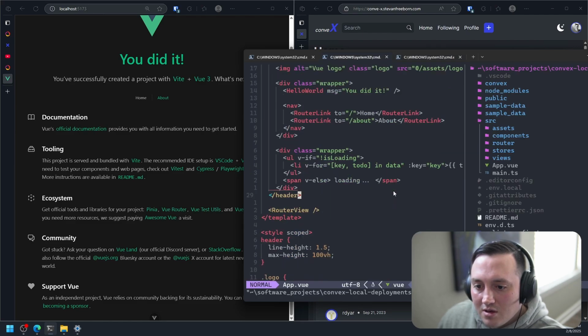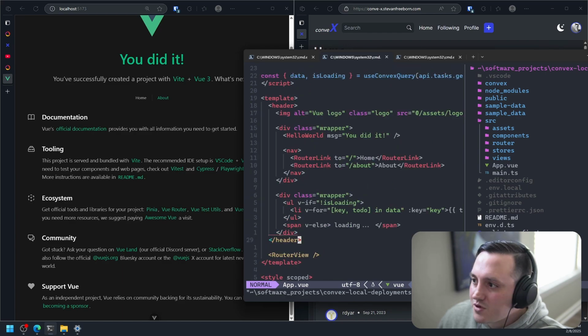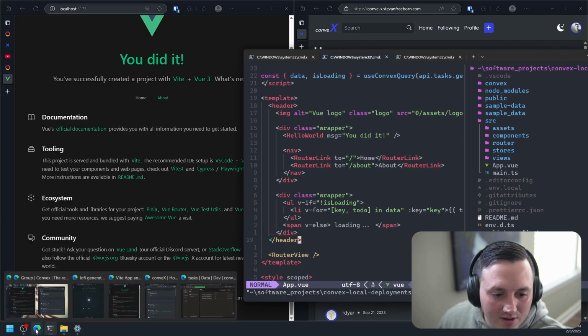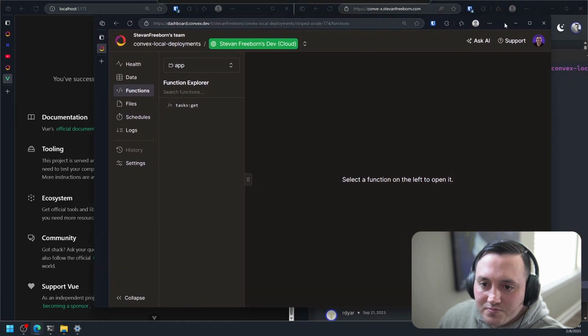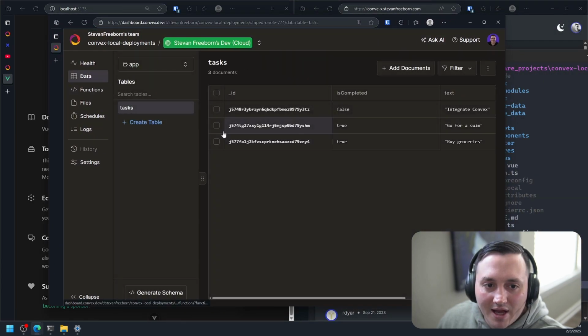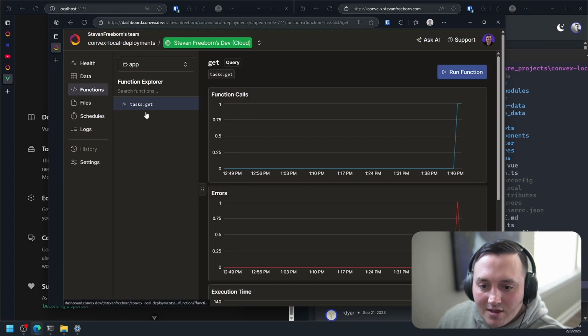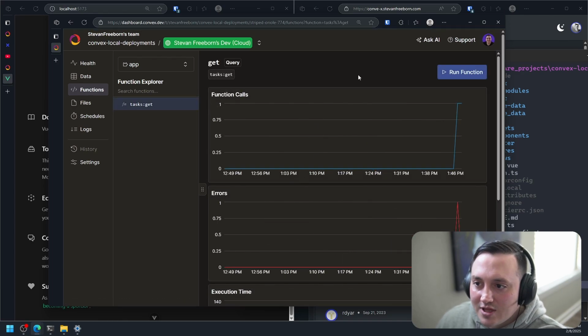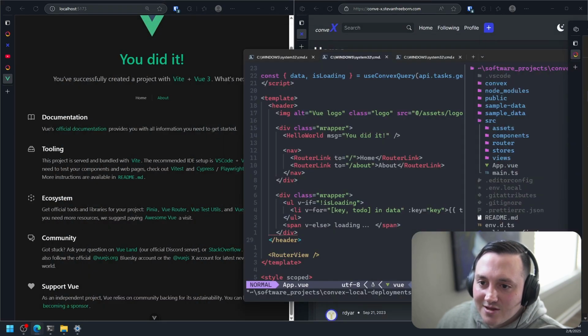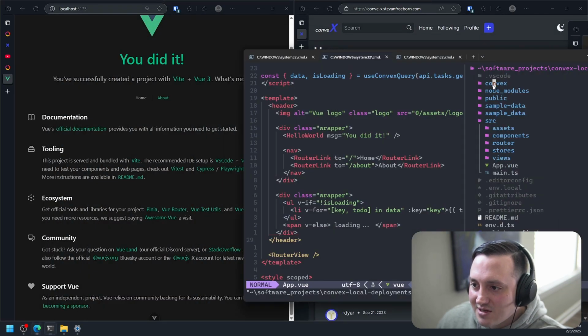And yeah, if we can find our dashboard here, we've got too many tabs open now. Yeah, so now you can see I have my table of data, but now I also have that API task get function, right? So I can actually collect that data. So that's the whole idea of defining those queries in this convex folder.